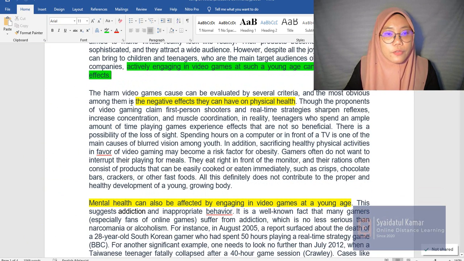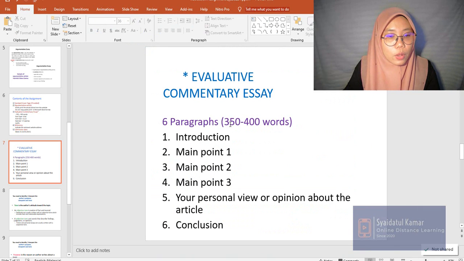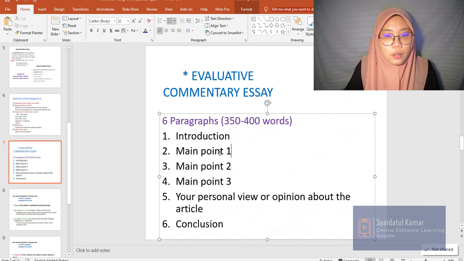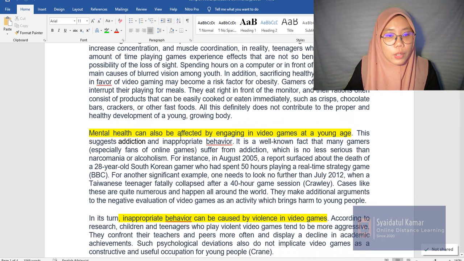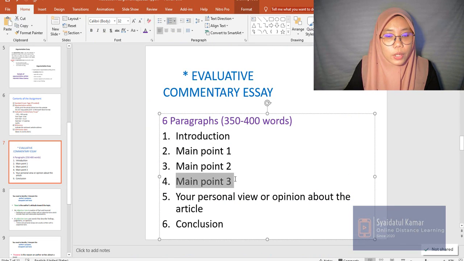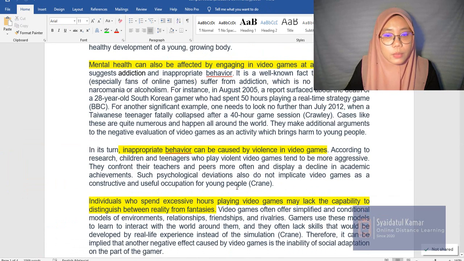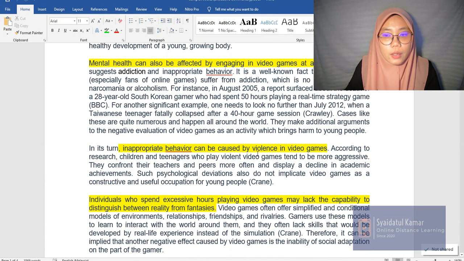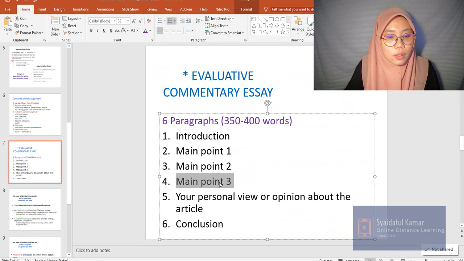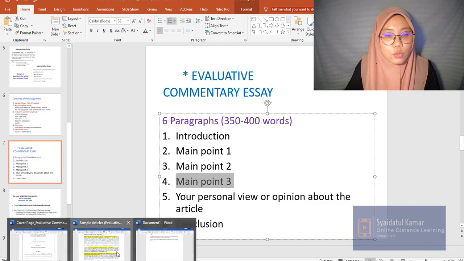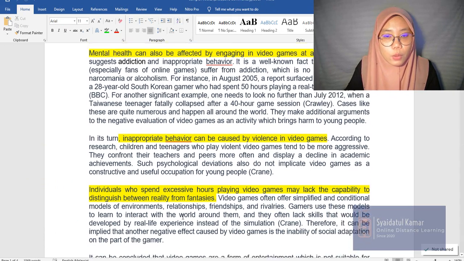Okay, so this is the first point. Alright, so this first point is what you are going to put here. Followed by the second point. Where is the second point? So this is the second point. And then you have point number 3. What is point number 3? Inappropriate behavior, like this one. Right? And then after you are done with points 1, 2, and 3, as referred to from the original article,